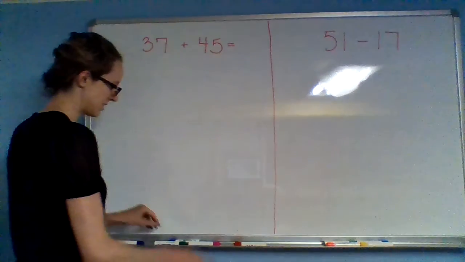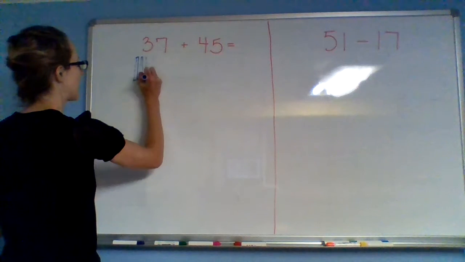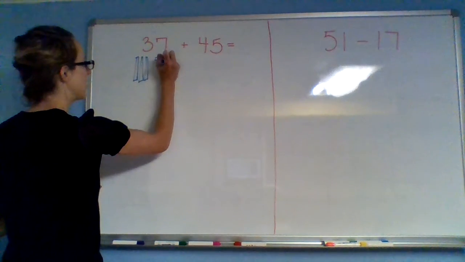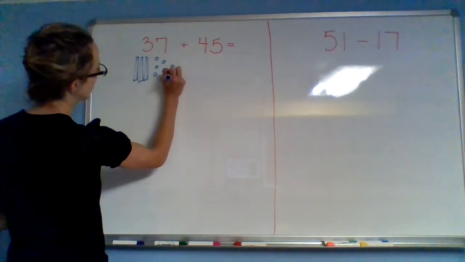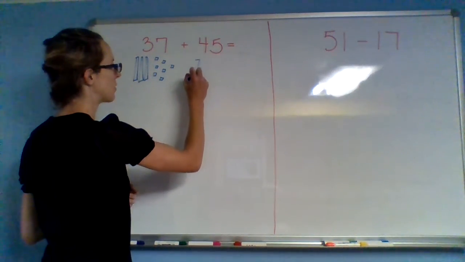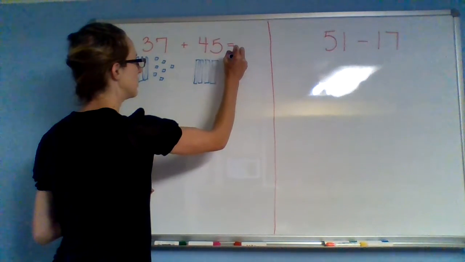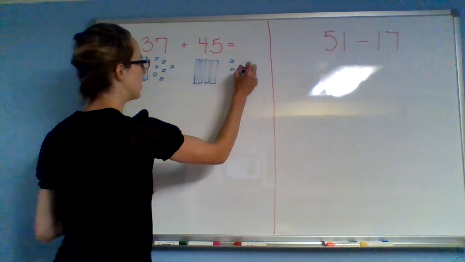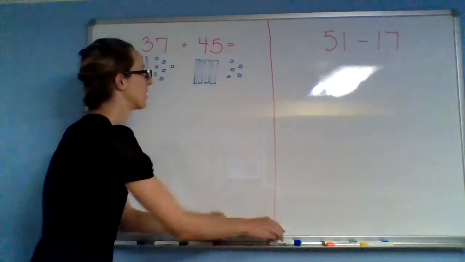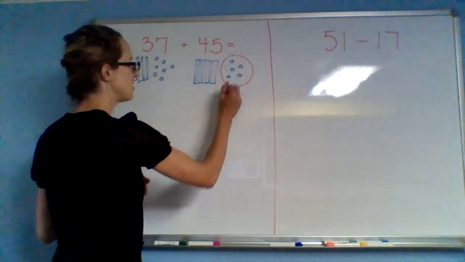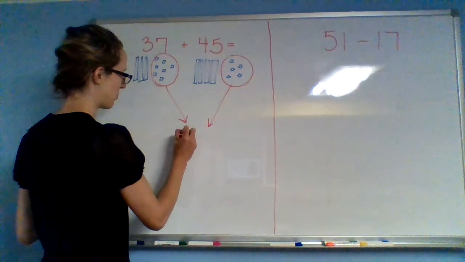is using our 10 sticks. So 30 is a stick of 10 like this. And then we had 7 little ones. 45 is 4 longs and 5 little ones. When I take these 5 and these 7 and I put them together,